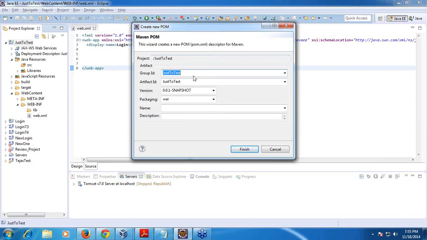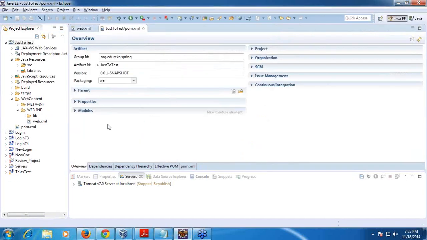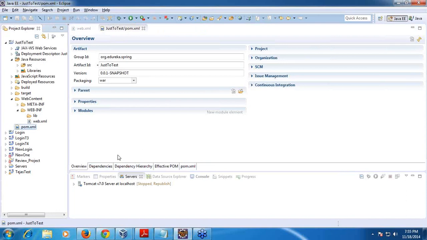So now this group ID is nothing, you can just give some package name here like org.edureka.spring and artifact ID, let us leave it like this. So just say finish, it will create a POM file for us, which will be a detailed file of all our jar files which have to be included. POM file is basically Maven's XML file, right?